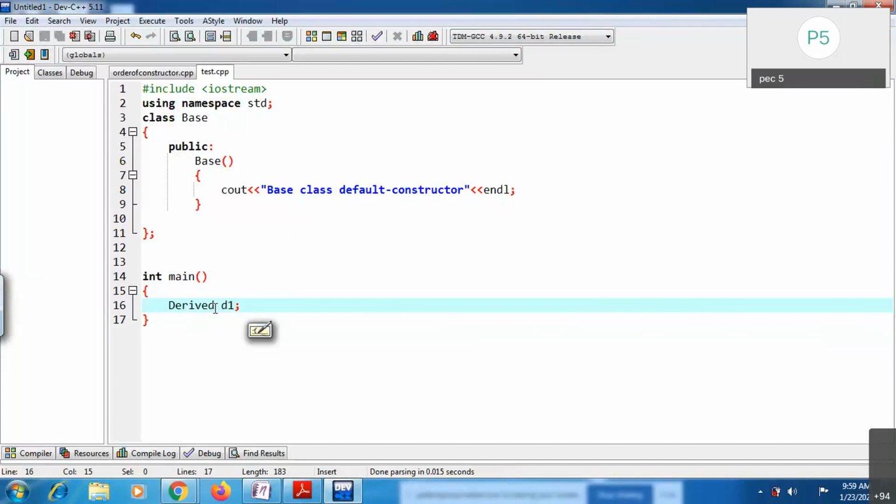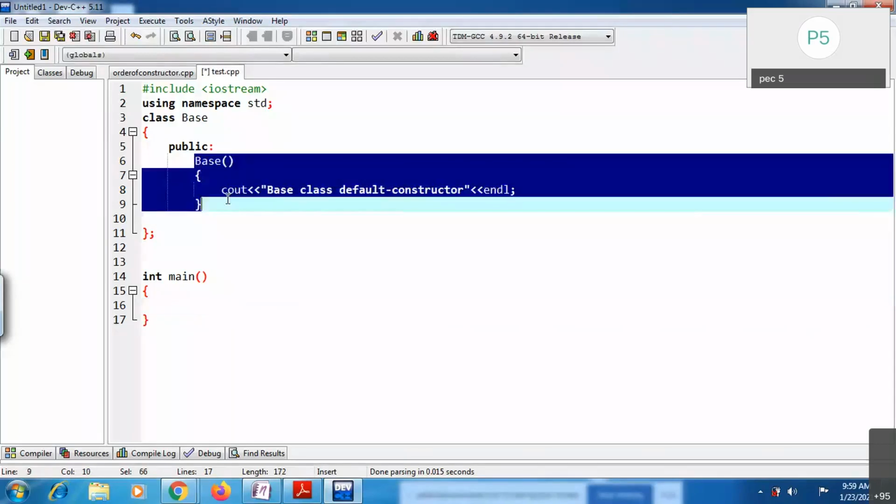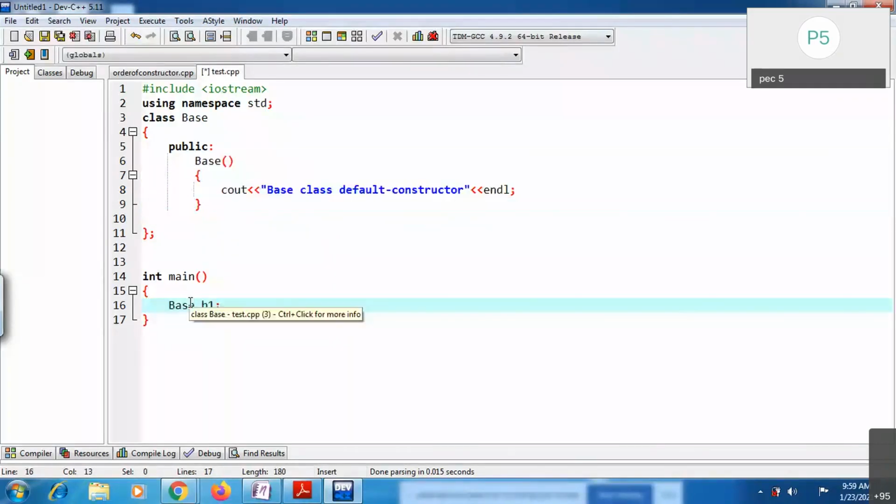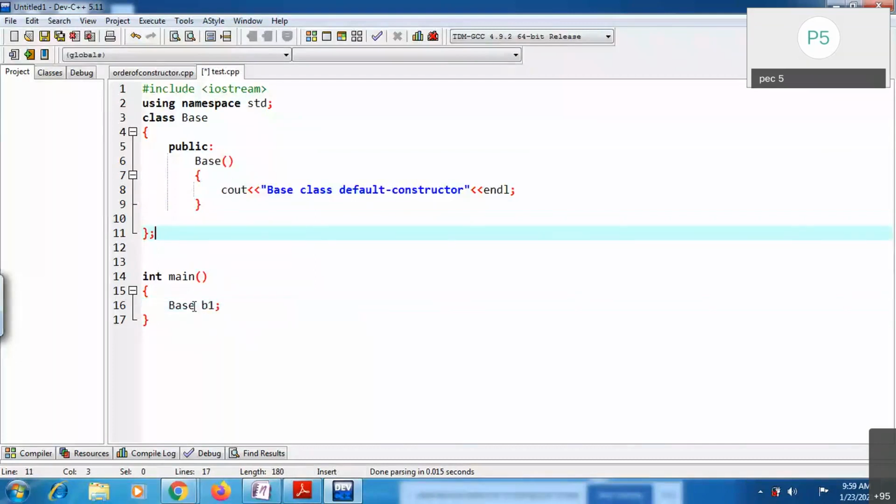The way it works is similar to a member function, but the way you write it is different. See, this is the constructor. If I write the class name Base, like Base b1, that is how you can create one object for this particular class. Once you create one object, by default the constructor is going to be called.